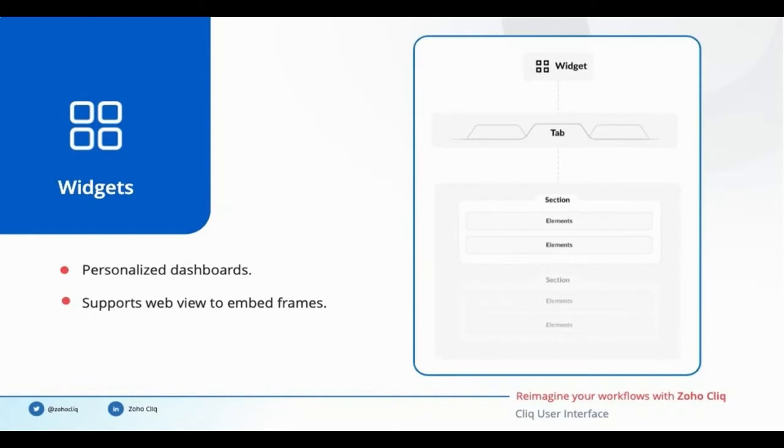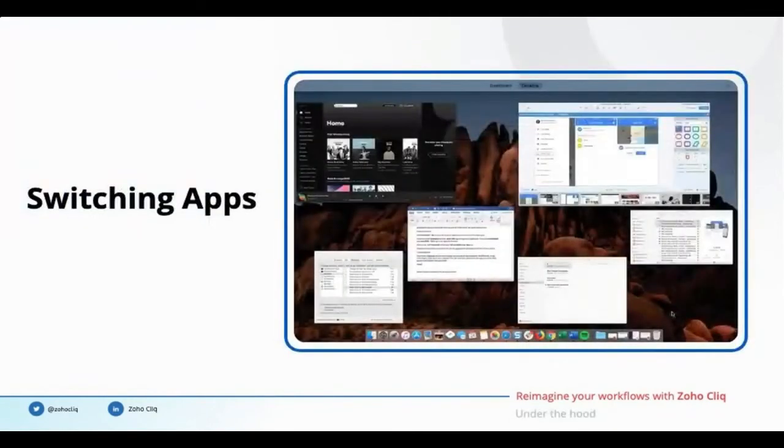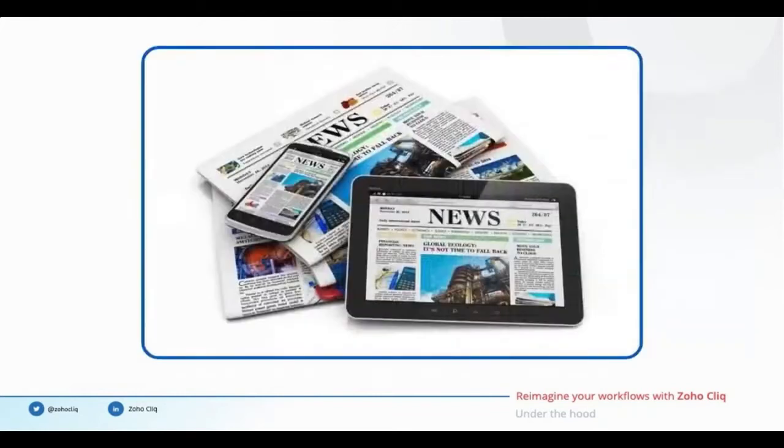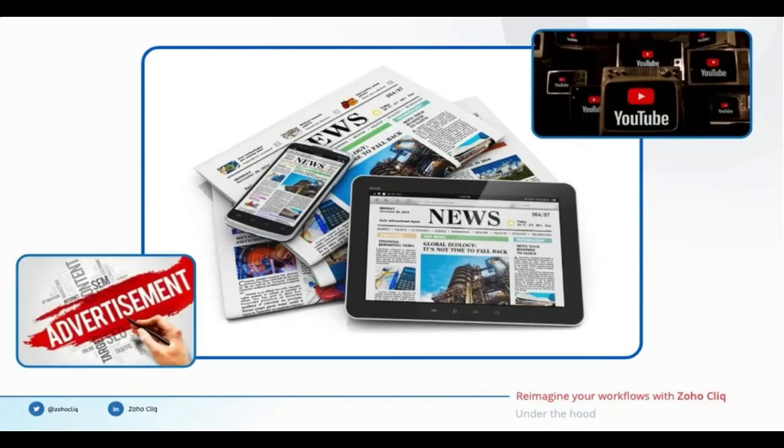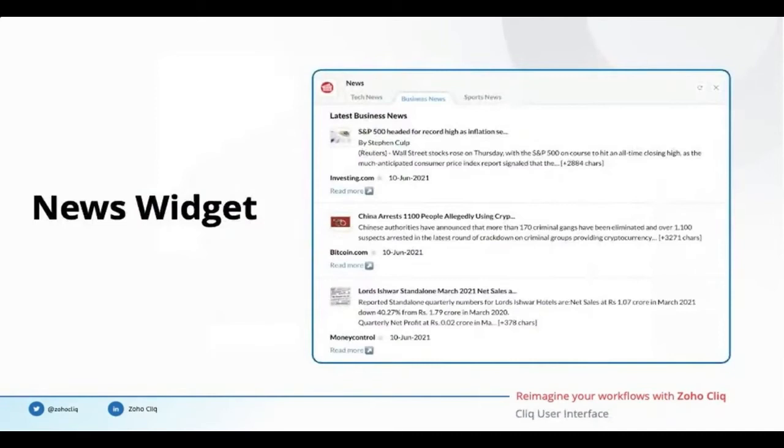Remember the app switching problem we discussed earlier? When people switch between apps, they often get distracted with the surplus information rather than focusing on what they came for. Consider the case of an avid news follower. He wishes to be up to date on business, technology, and sports news. Once he logs into his computer, he opens these websites to catch up with the latest updates. The distraction kicks in when a new advertisement pops up or when a YouTube video embedded in that particular website gets played. A news widget in Click can keep things focused by giving the person what he wants right within the Click interface.